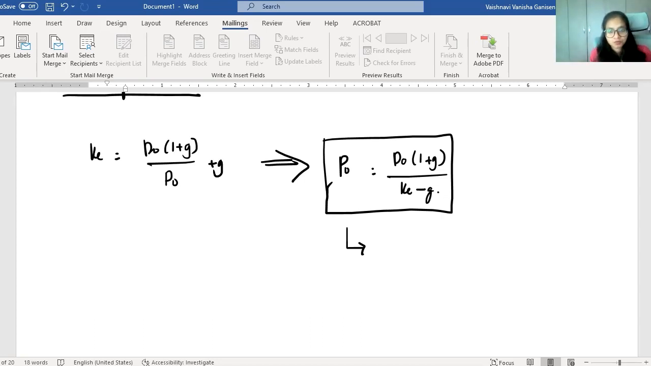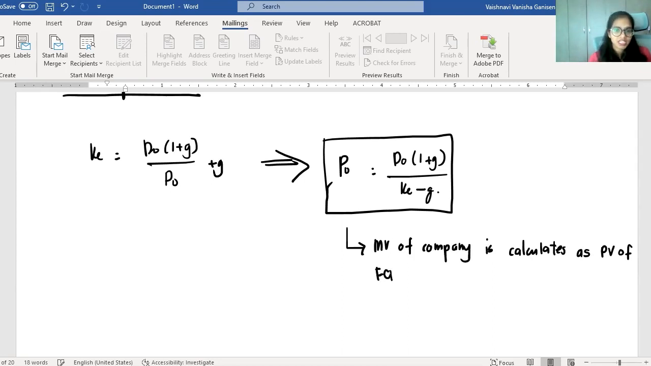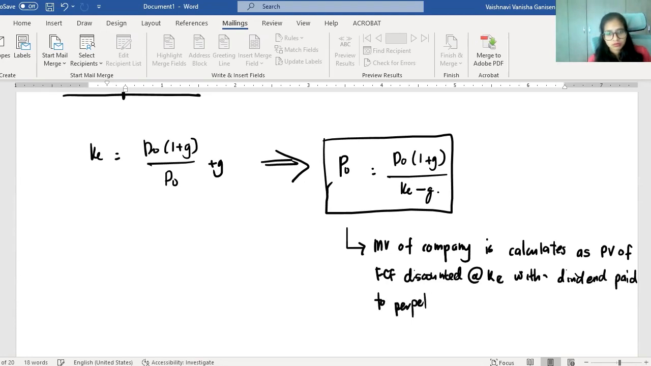Okay, so here I'm going to write it now. Market value of a company is calculated as present value of future cash flow discounted at cost of equity, with dividend paid to perpetuity and growth of dividend to